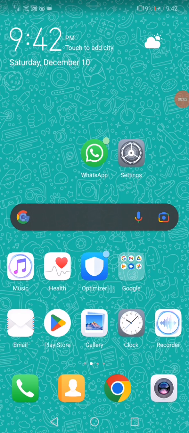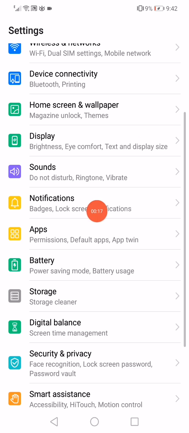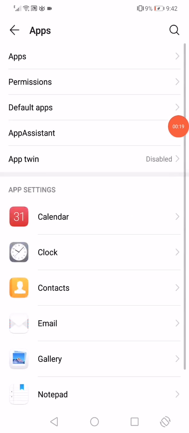Hi guys, in this new tutorial I'm gonna show you how to fix WhatsApp reconnecting problem easily and fast. So all what you have to do guys is simple, so just don't worry because the problem is gonna be fixed easily and fast. First thing, go to settings and then go to the apps manager and then go to